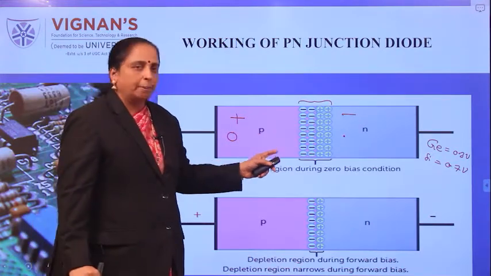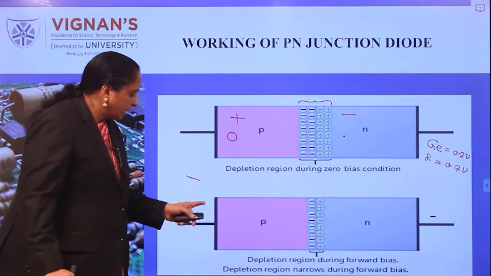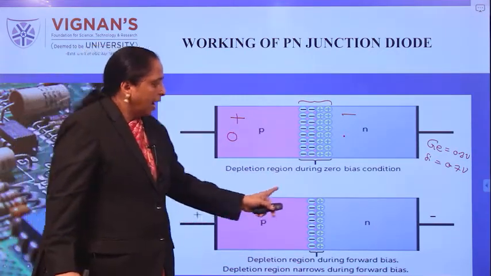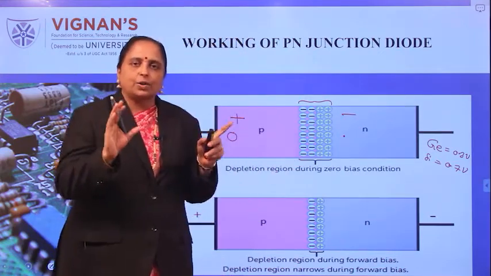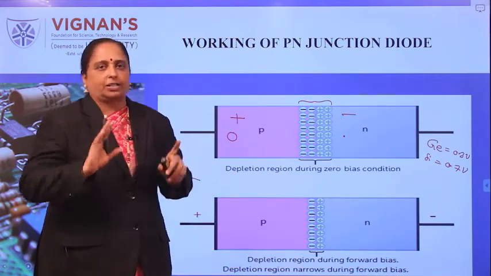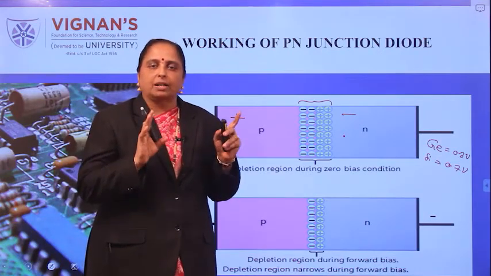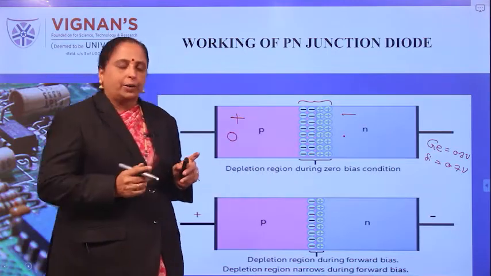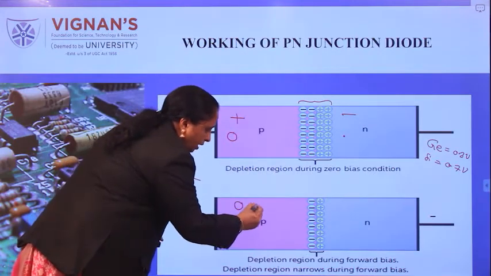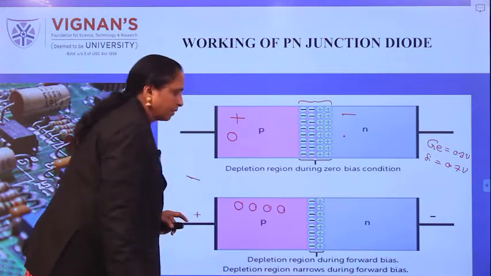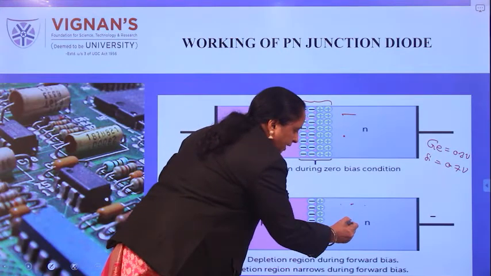Now, to this same p-n junction diode, we will give some connections. That is, P material is connected to the positive terminal of the battery and N material is connected to the negative terminal of the battery. This is known as a forward bias condition, which is a useful operating position or operating region of the diode. Therefore, in P material, as I said earlier, holes are majority charge carriers, and similarly in case of N material, electrons are majority charge carriers.